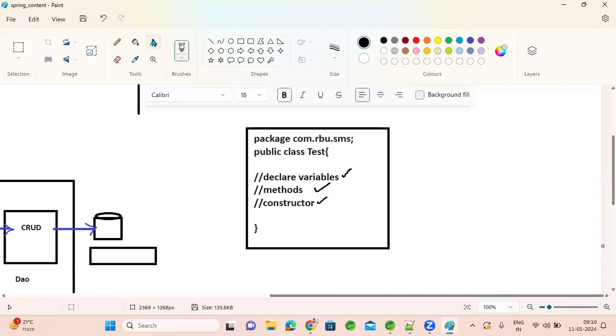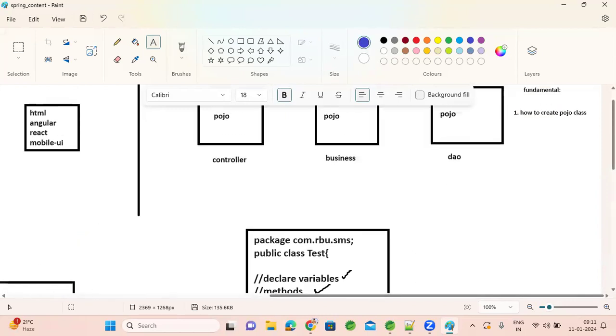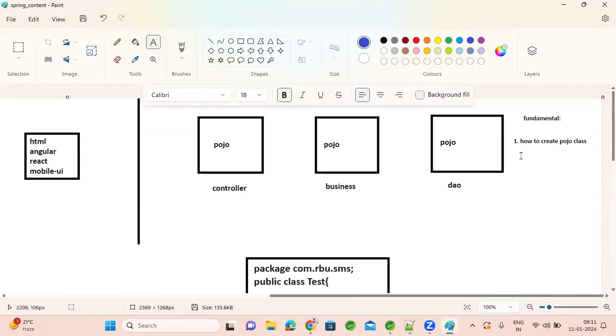That's it. You can consider this class a simple POJO class. If you know that already, good. You understand 5% of Spring here.